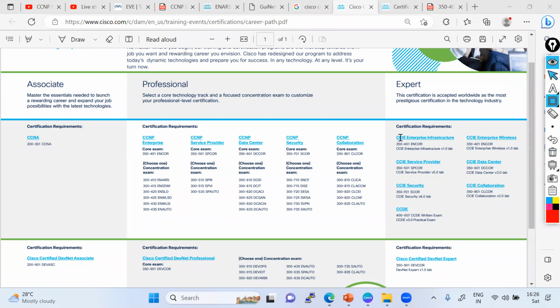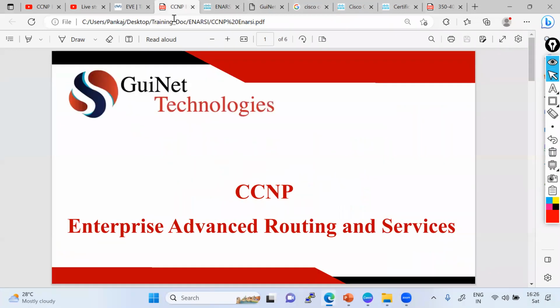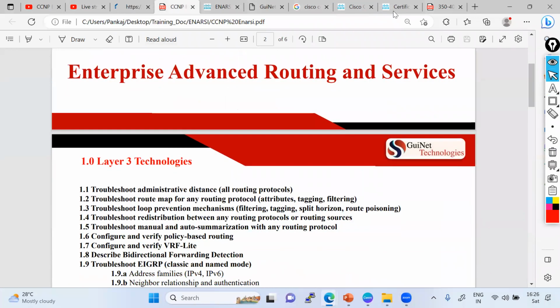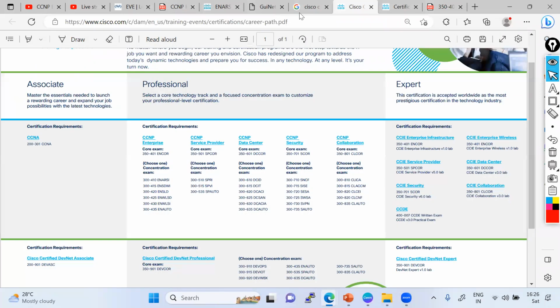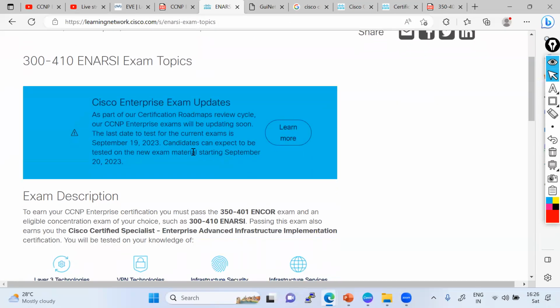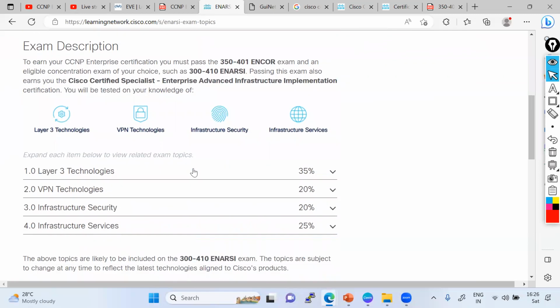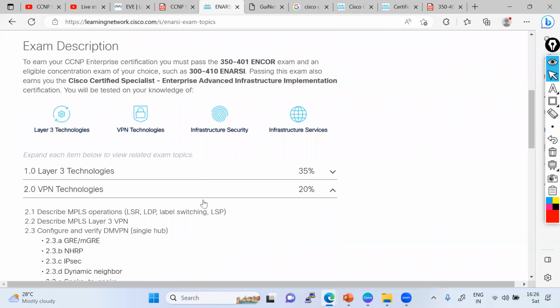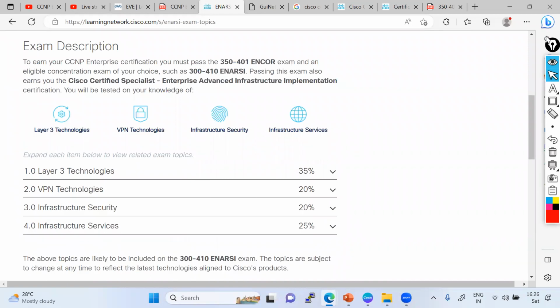So let me go back to our original agenda, CCNP NRC. The course content will take us into a deep level of routing. Suppose you have CCNA knowledge and understand routing protocols. You know routing starts with the connected route, so you understand the connected route. Then it goes with the